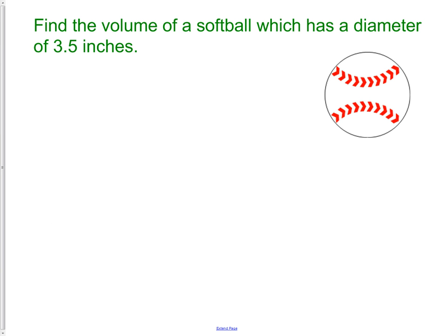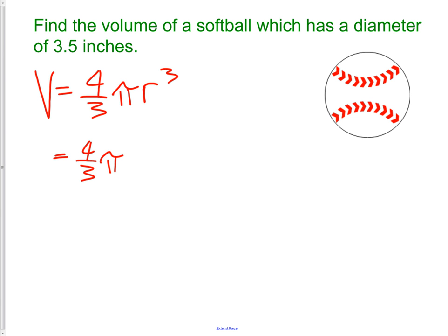The question I have for you is find the volume of a softball which has a diameter of 3.5 inches. The first thing we need to remember is what is the volume of the sphere? 4/3 pi r cubed. So we have 4/3 pi, but in this case we are given a diameter of 3.5, so we need to actually find the radius. We can use a radius of 1.75